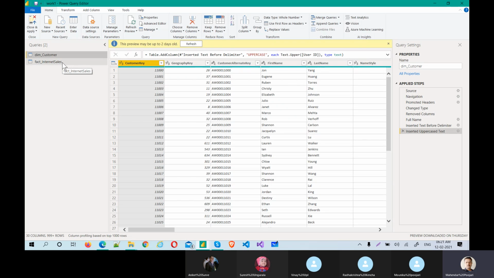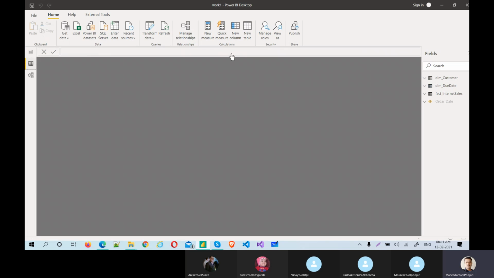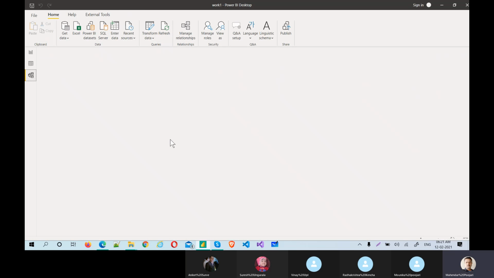You cannot see it in the backend. Query is a different entity. Dim date is created here in this data using create new table. See, order date duplicate. What happened?